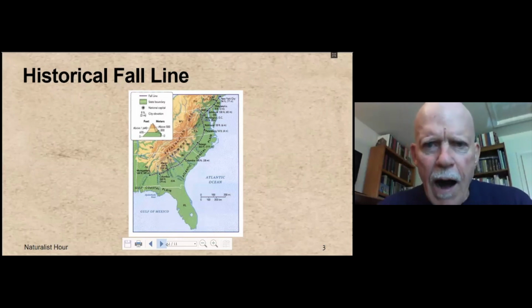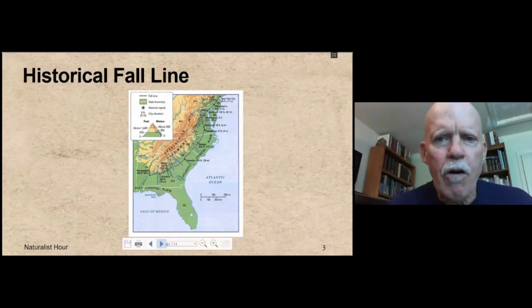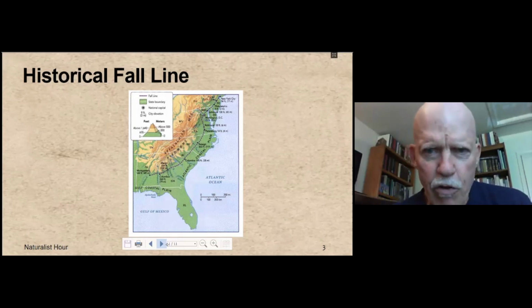Now, there is a city near us that really fits that idea of a fall line, and that's Richmond. I don't know how many of you are intimately familiar with Richmond, but I'm sure that you've all traveled through the city on I-95. So I'll try to describe its situation using I-95.